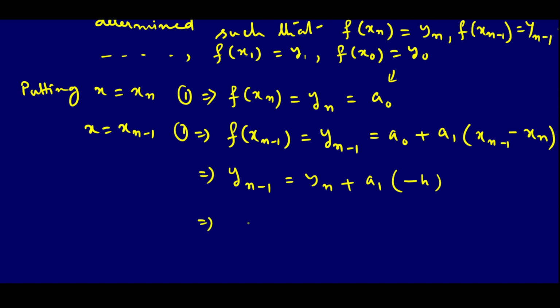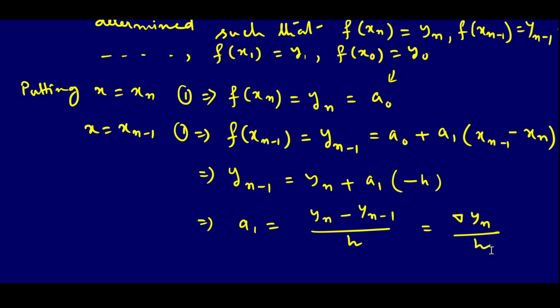Now let us calculate it. From this part, our a1 will be yn minus yn minus 1 divided by h. I think you remember this is nothing but nabla yn by h, the backward difference operator. You already did all this in lecture 1. So always watch serially from lecture 1, then lecture 2; this will be your lecture 5. Come serially so that you have a better grasp of the subject.